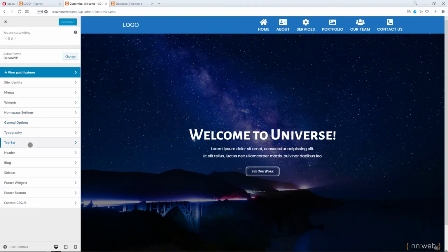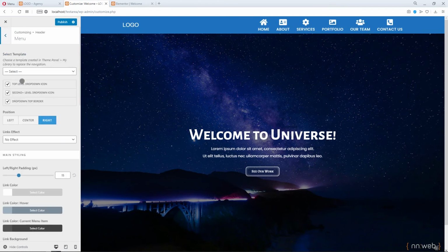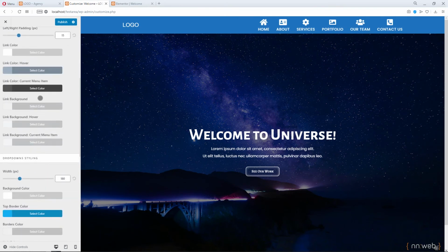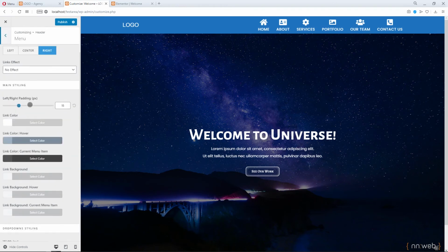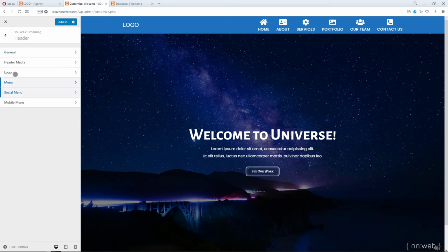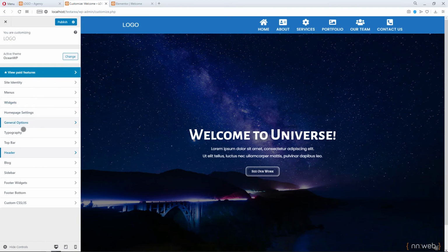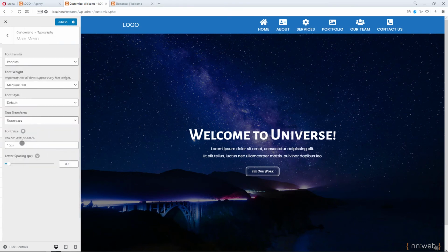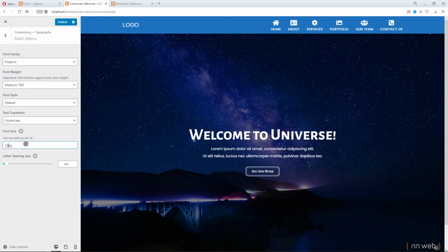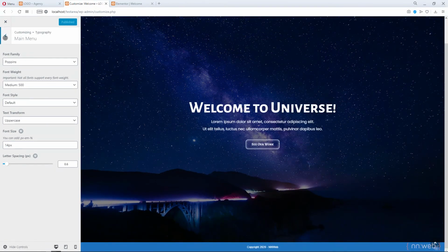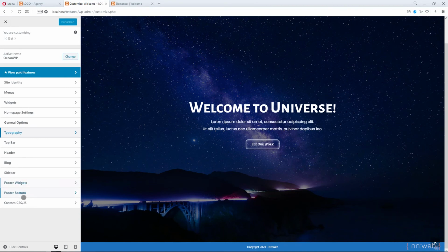Okay, I think that we need to change our menu size. This is the drop down. Okay, let's go to typography on main menu. Change the font size of the menu to 14 pixels. Now it is a little bit better. Again, let's go to the customizer,